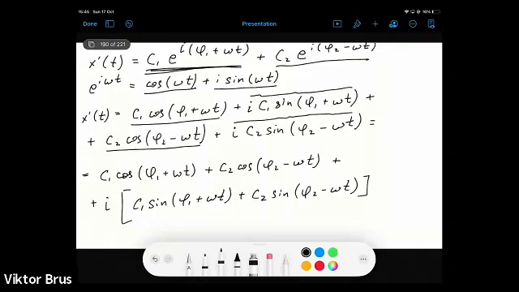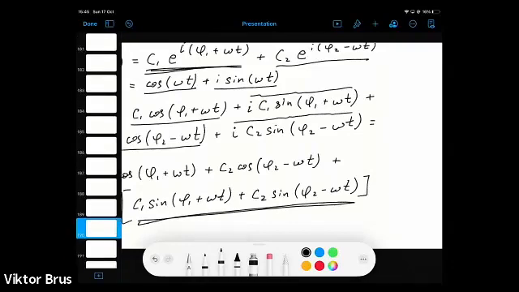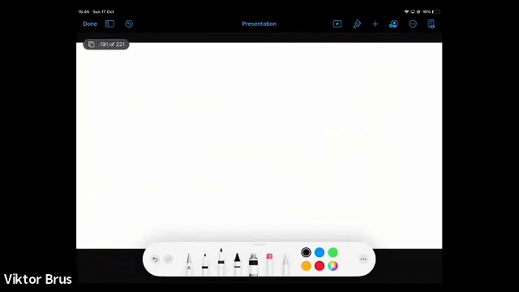So we can write down this imaginary component of our function separately and set it to 0. So let us do it on the next slide. It will be C1 times sine (φ1 plus ωt) plus C2 times sine (φ2 minus ωt)